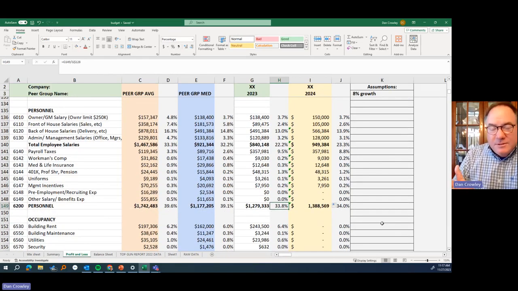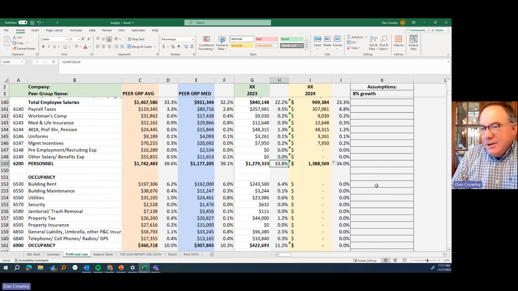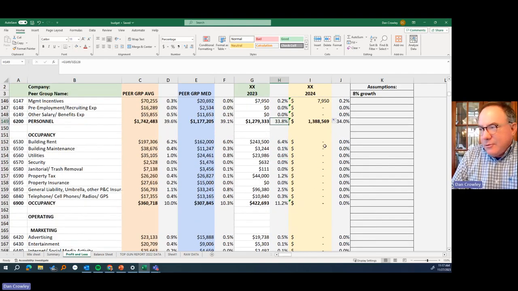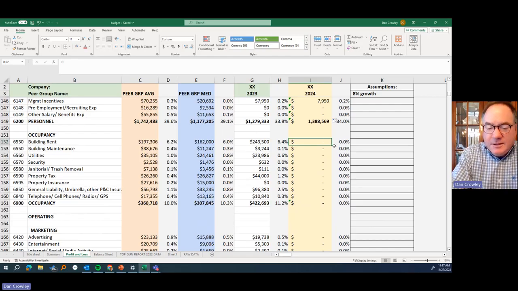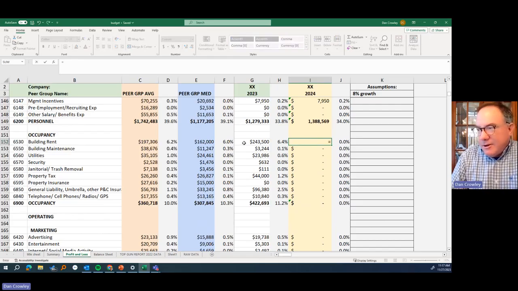So even though we added two people to staff and we saw some increases in pay, we were only 0.2% higher, and that's because we're planning 8% growth because of that move. So that's the thought process when you give raises for the next year, what your expectations are for that. For the sake of time, I'm going to say that our rent is not going to change next year,